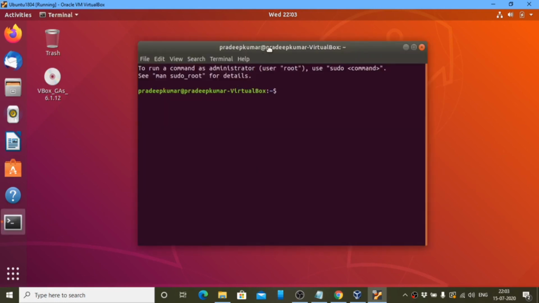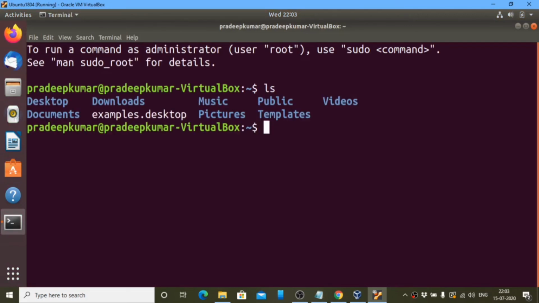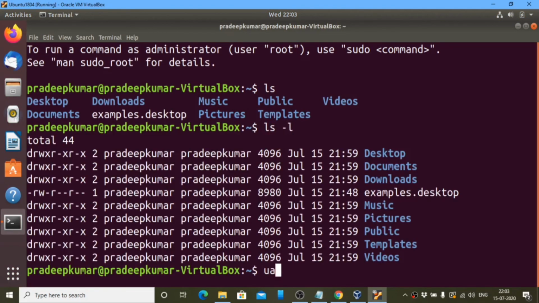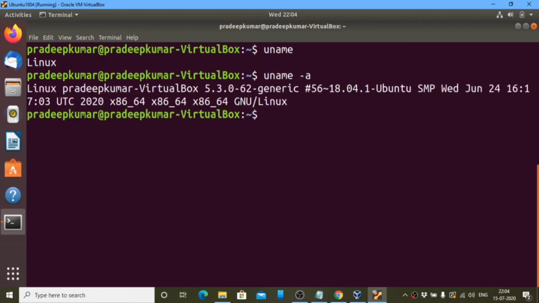Yeah, this way it opens. So here this is the window where we can run all the commands, ls -l, uname. clear is a command to clear the screen. uname -a shows you everything. And there are so many things you can practice. Just refer to my other two videos of basic Linux commands part 1 and part 2. Basic commands, how to use them, what is the usage of each, all these things I have given. So this is the terminal that you can make use of in this Ubuntu operating system.